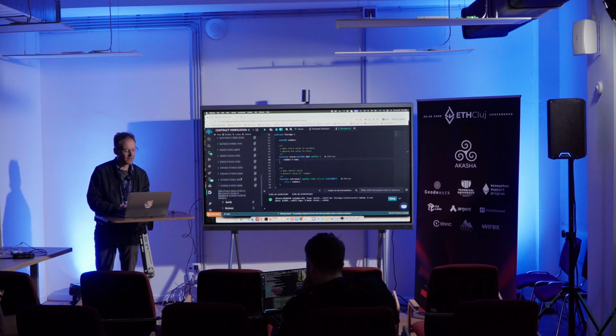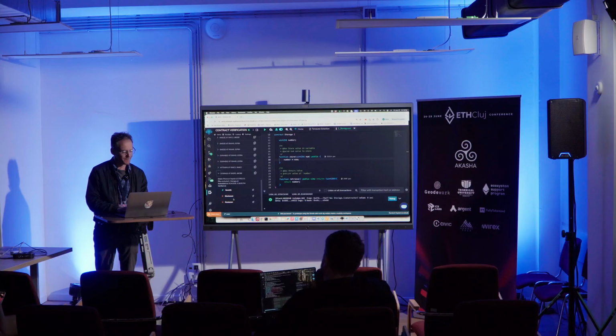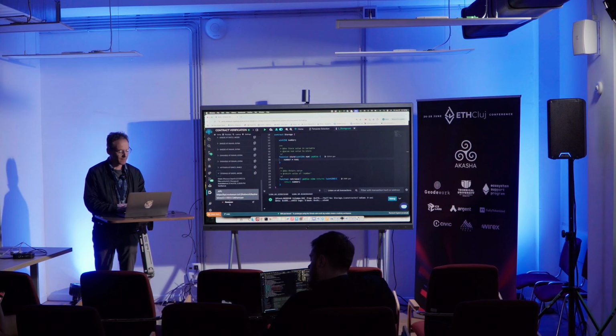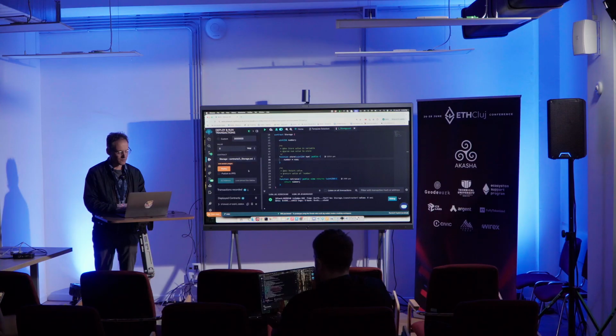Ah, and you have to put in your API keys for Sourcify. That's probably why Sourcify is not showing up. I mean, why Etherscan's not showing up here. Okay, so if we go back to,